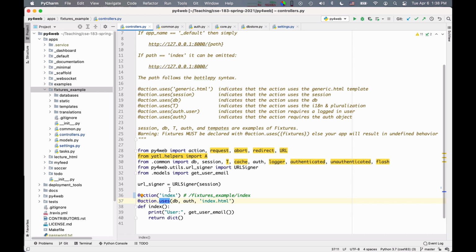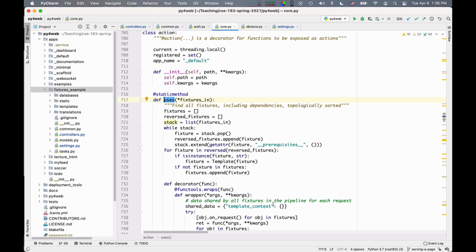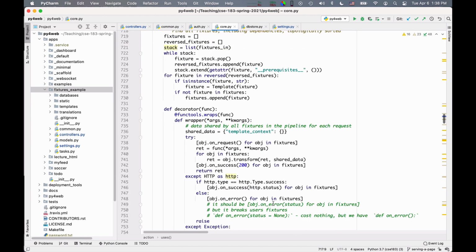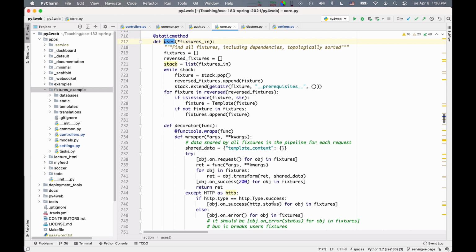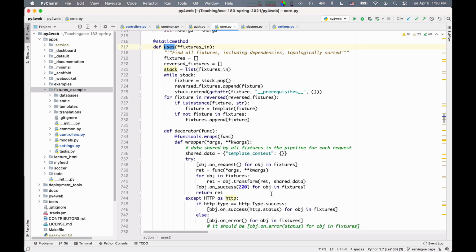You can actually read the definition of that as well. It's actually not a lot of code, but it's perhaps not incredibly trivial code. So I can tell you by voice what it does. This action users essentially finds all the fixtures, including the dependencies, and it sorts them in a dependency order. Let me show you what the dependency order is.